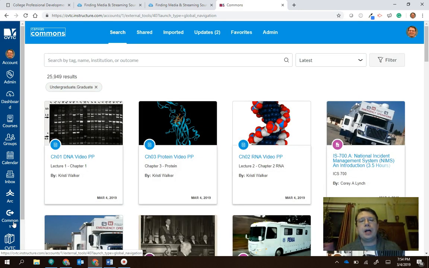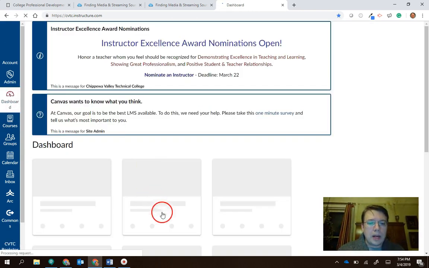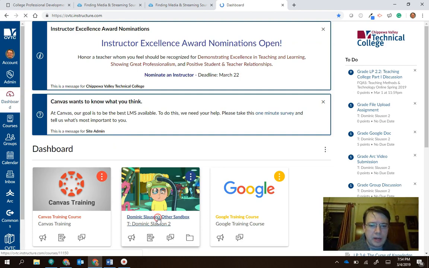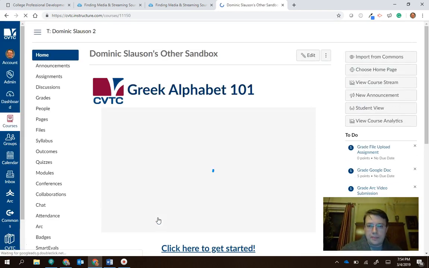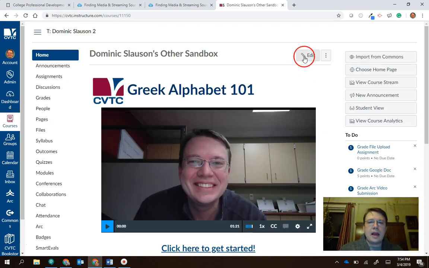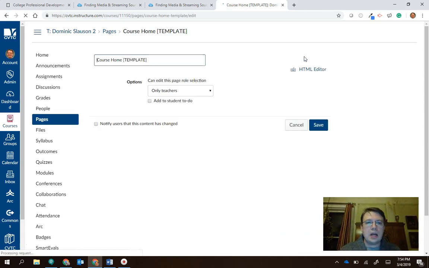Okay. Now, a couple of important things I want to point out with this. Number one, if you import a piece of content multiple times, it will overwrite the previous import. Okay, so I want to show you why this is important. Let's say I'll go back to my dashboard here. I'll go to my sandbox. I imported that course homepage template, right? And let's say that I start, okay, I got the template, cool. I want to start working on it. I want to make it